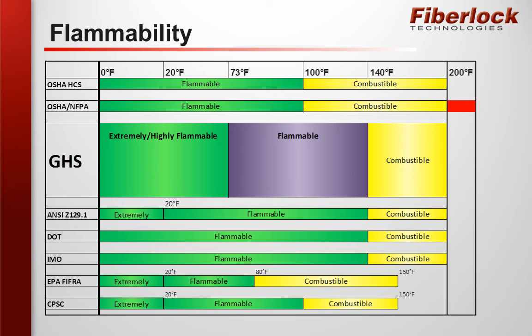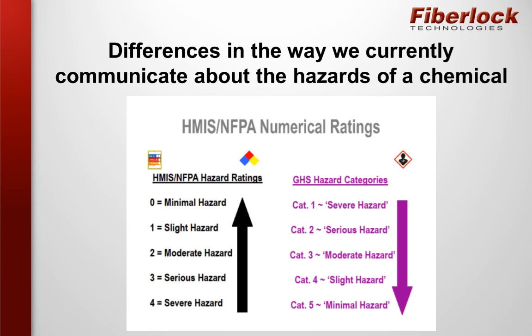Under GHS, there will be 3 different categories. Extremely or highly flammable materials will have a flash point of less than 73 degrees. From 73 to 140, it will be considered just flammable, and above 140 degrees, it will be considered combustible. The differences in the way we currently communicate about the hazards of a chemical are the HMIS NFPA numerical